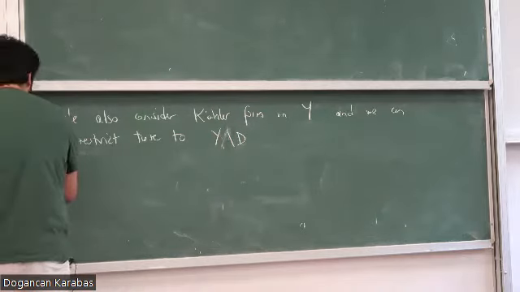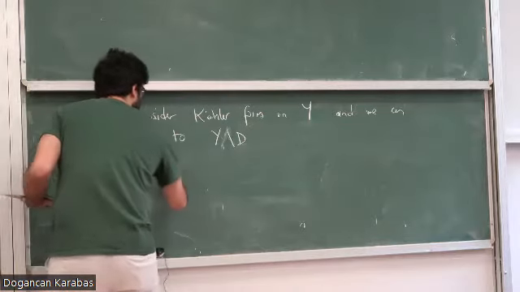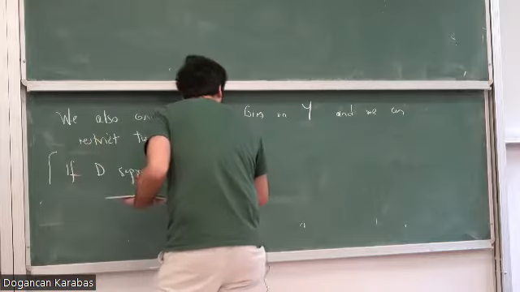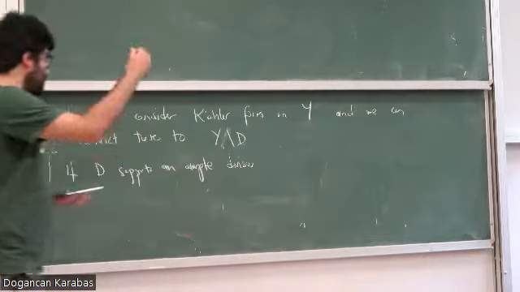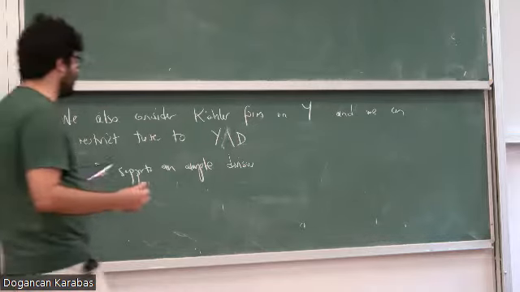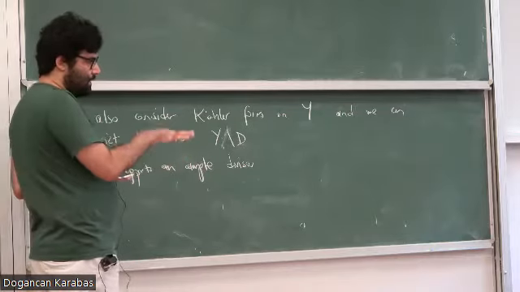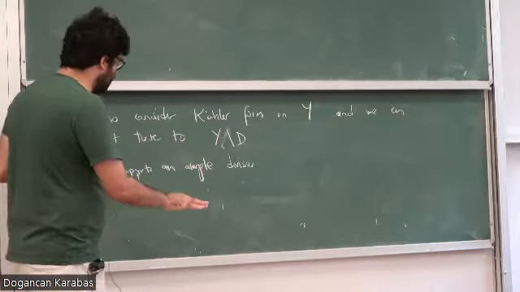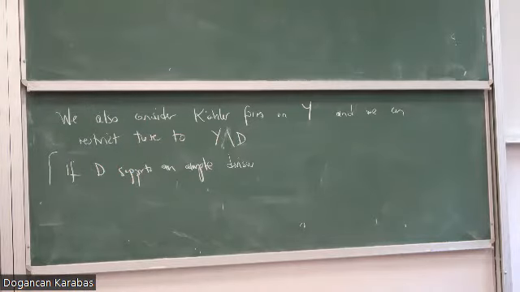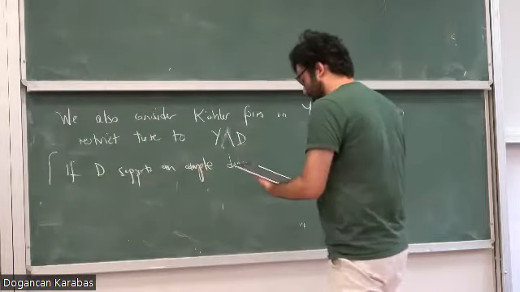One thing that I want to point out here is that if D supports an ample divisor, so there is some positive multiple, you're adding up some positive multiples of the components of this anti-canonical cycle, you can obtain an ample divisor, which means that there exists an ample line bundle which admits a section, and it only has zeros along this divisor. Okay, so you don't have to know what this means. Let me just say something. So this